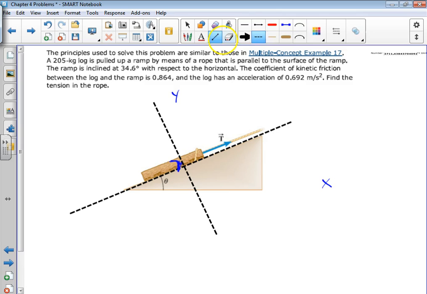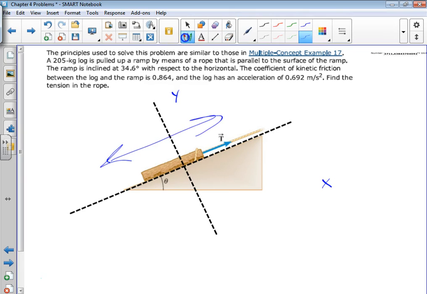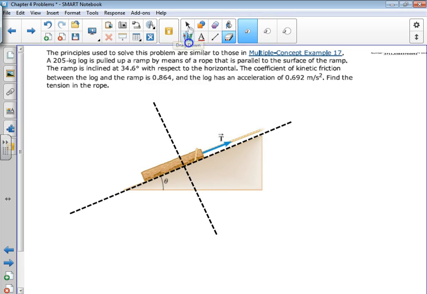So what we'll have is a situation where the acceleration and the net force will be back and forth on the x-axis and not at an angle to anything. So you just tilt your head and you look at the problem where the surface of the inclined plane is the x and anything perpendicular to it is the y. And it's going to make this problem a lot easier to handle. Because it's going to not only make our acceleration and our net force either left or right, in this case I think to the right,